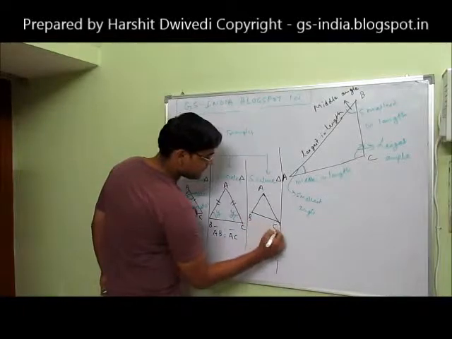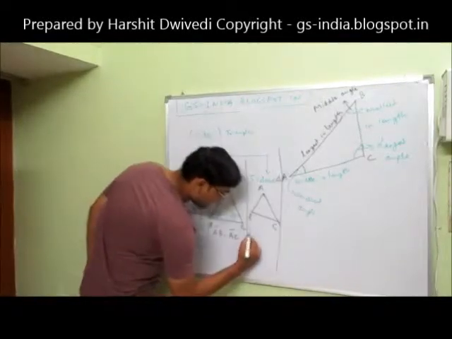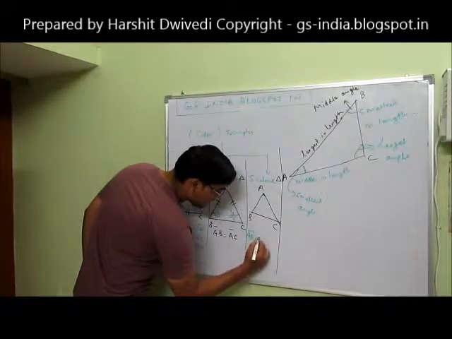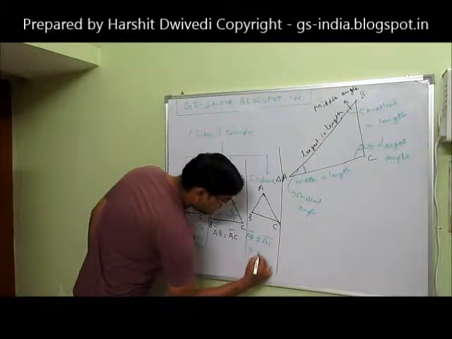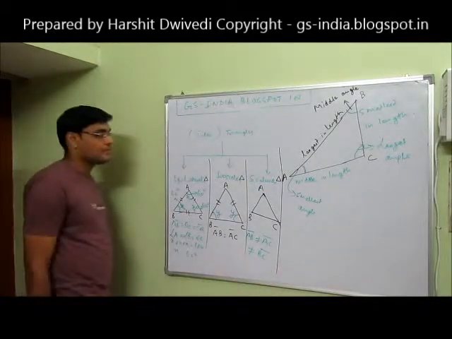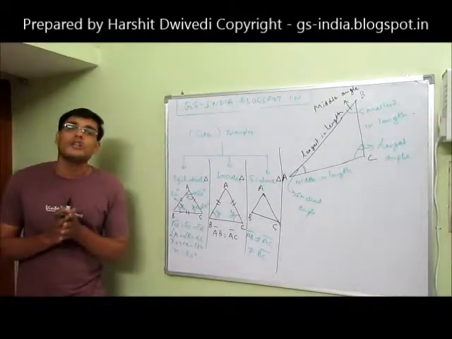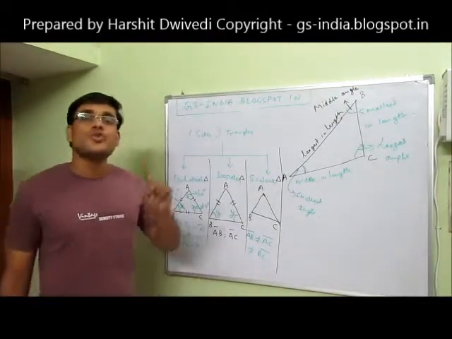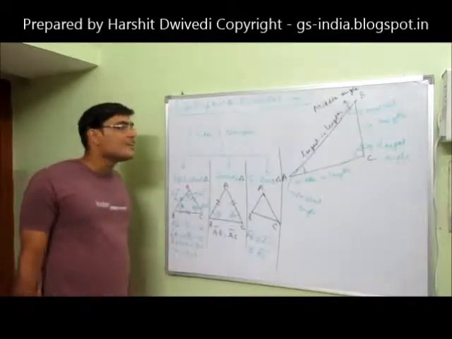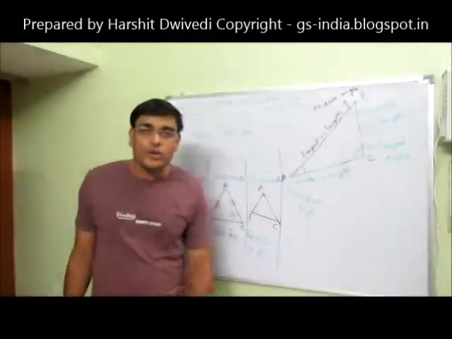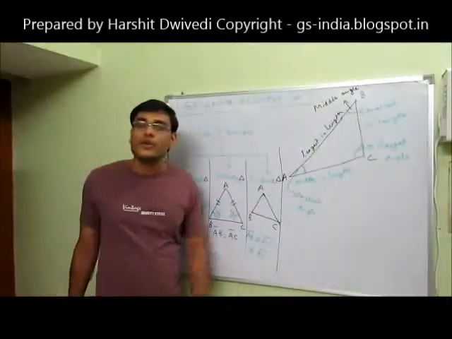A, B, C. Here, line AB is not equal to line AC, is not equal to line BC. In this triangle, what is a scalene triangle? Scalene triangles are those triangles of which no two sides are equal to each other. In this equilateral triangle, I told you that all the three sides are equal to each other. In this isosceles triangle, I told you that only two sides are equal to each other.